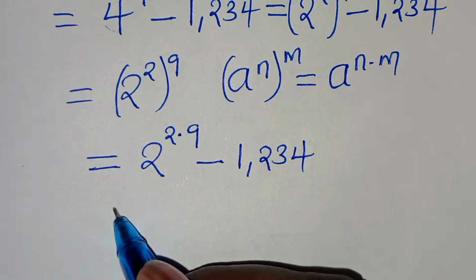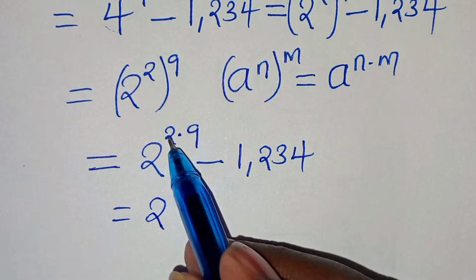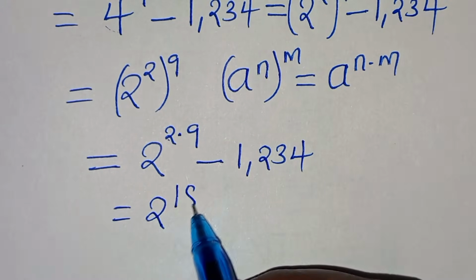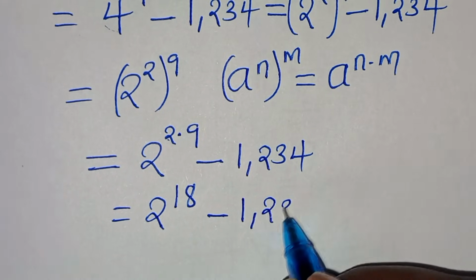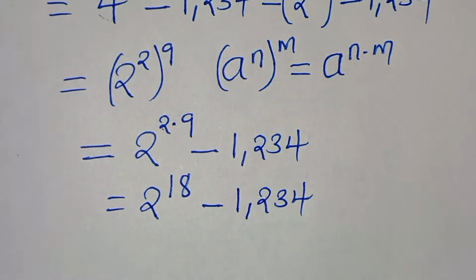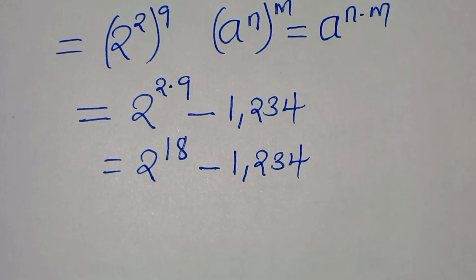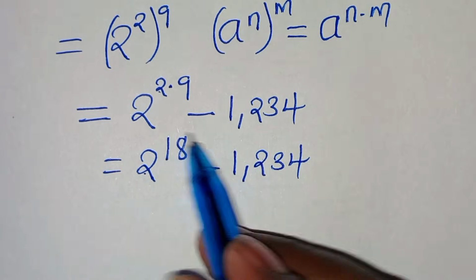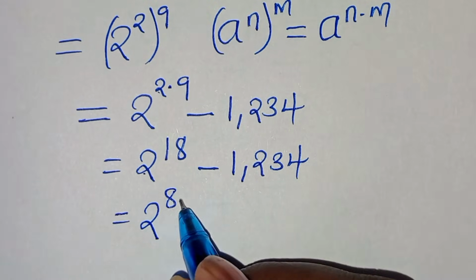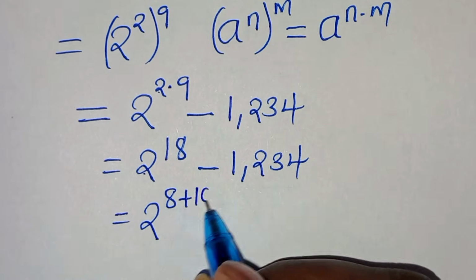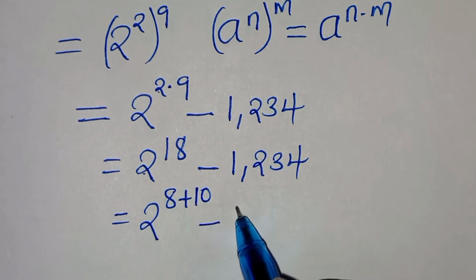So this is the same thing as 2 to the power of 2 times 9, which is 18, minus 1234. So we can express 2 to the power of 18 as the same thing as 2 to the power of 8 plus 10, then subtract